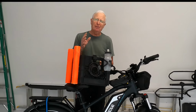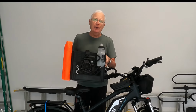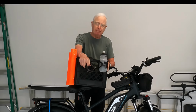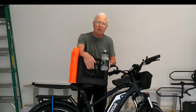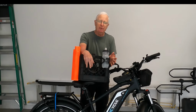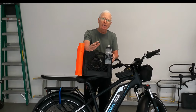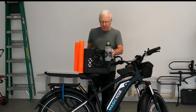And I've got a whole playlist on customizing milk crates that I'll link up right here. Basically I got my two rod holders made out of PVC to carry my heavy surf rods. I put the water bottle here, as I mentioned, and here is the lock that came with the Magicycle. And the key reason it is on the milk crate is this is a heavy bike. Without the battery, which is how I carry it in my hitch, it weighs between 60 and 65 pounds. So this is probably another pound, and I didn't want to add anything to the weight that the rack has to carry. So on the other side,